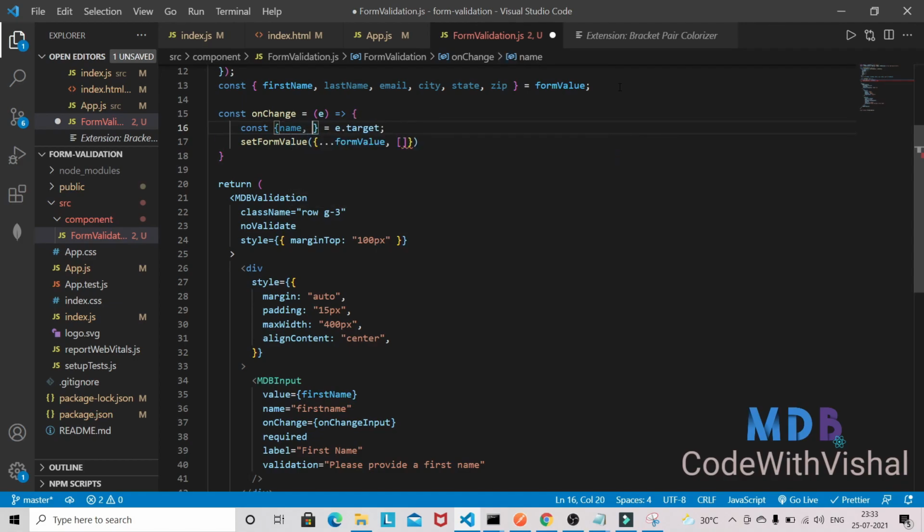So name and value like this way, and this will be on change input,